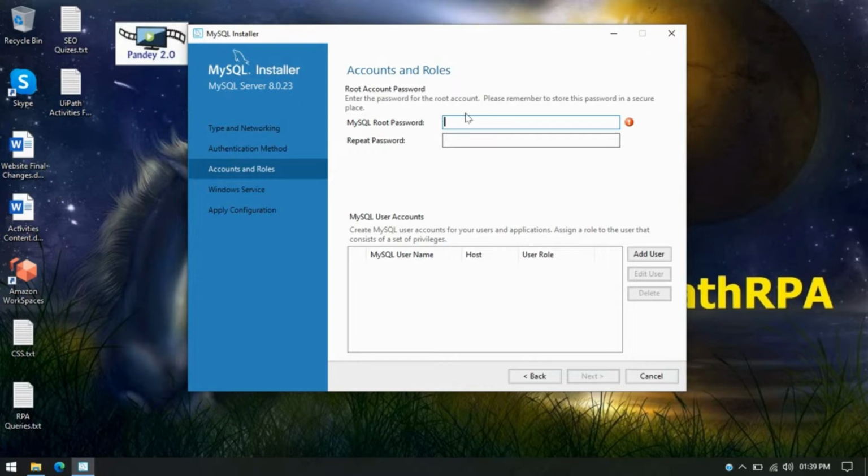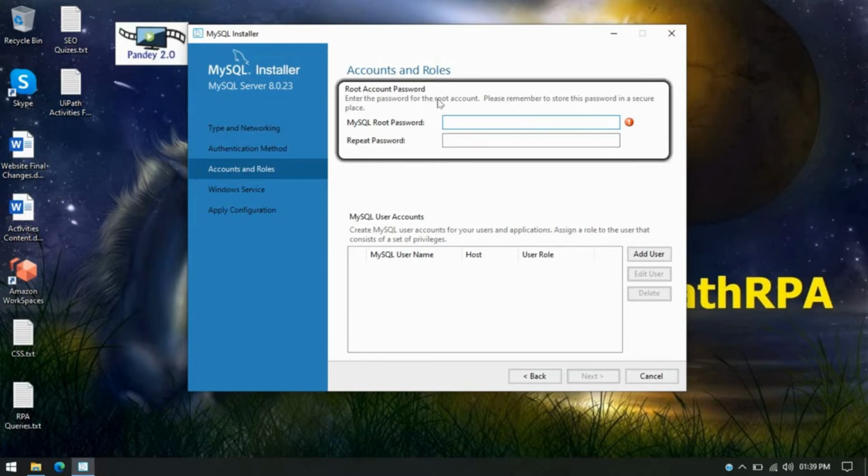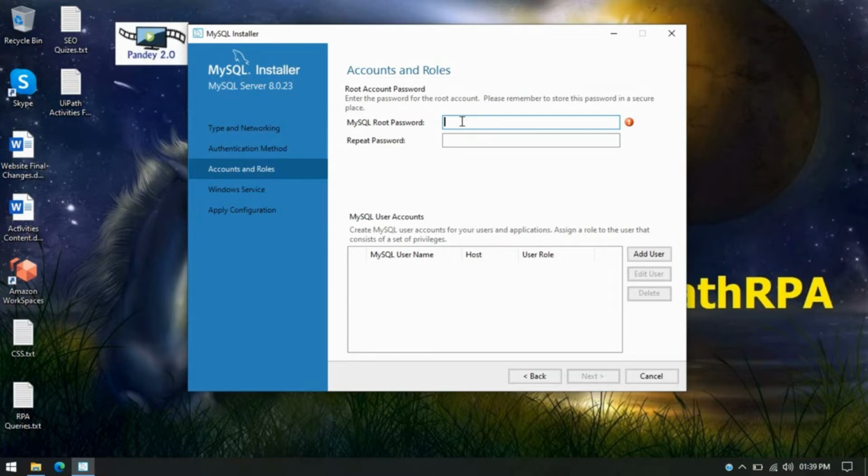Here we need to enter the MySQL root password. Whatever password you put here, you need to remember, because that is your MySQL root account password. So I'm going to write it here. You can make a strong password with letters, special characters and numbers, right?